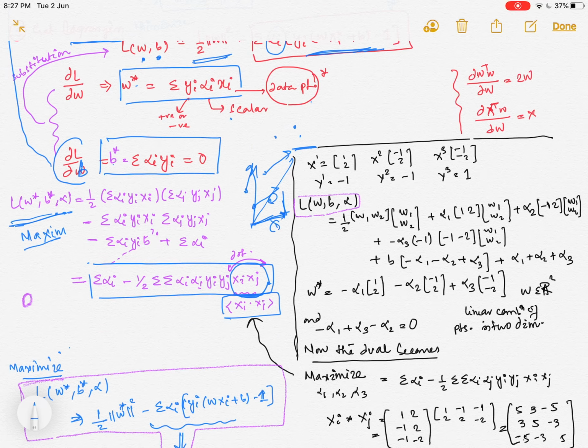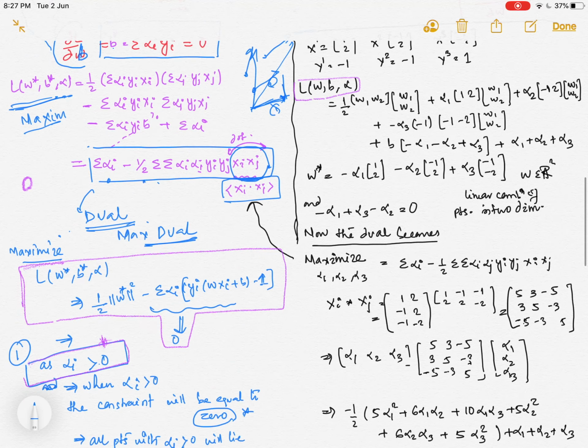So now once we have converted the Lagrangian into only alpha, because now we only have alpha, this turns out to be the dual of the Lagrangian, where we try to maximize the dual. Once we substituted the w star and b star, what we had is only an equation with alphas. But prior to that, let's see what this information says, because this is the critical point in SVM.